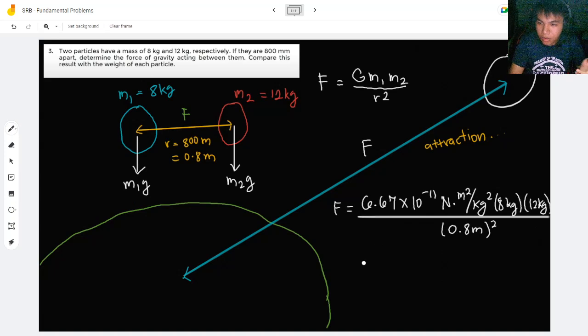Now, before you input this in the calculator, let's cancel some units. So we have kilogram squared in the denominator. So we can cancel this, this, and that. And then we can also cancel this since the meter is being squared here and it is also squared here. And finally, we are left with the newtons, which is a unit of force. That's very nice. And once you input that in your calculator, you should get an answer of